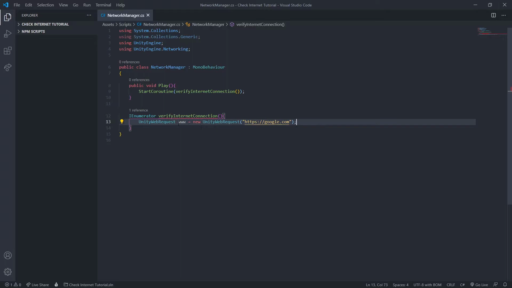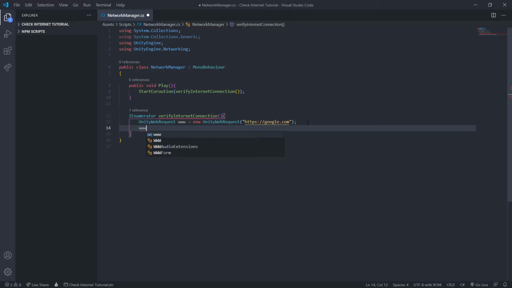So now normally it will perfectly work. Of course we need to execute the web request. We do that by using our www variable dot SendWebRequest. So this will execute our web request. And to confirm our web request, we have to type in yield return